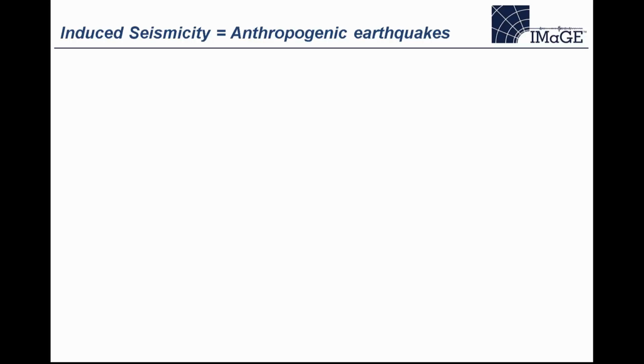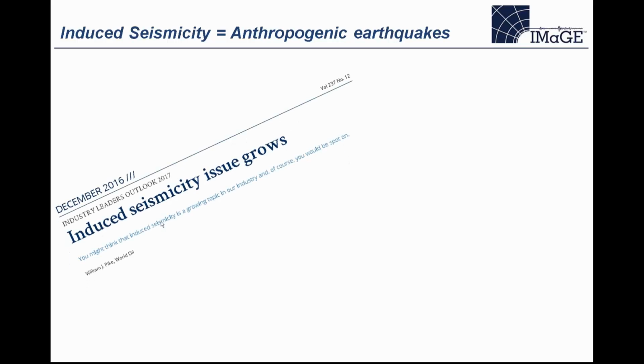So we think there are a few things that we did right in this project, and that's what we're going to focus on in this presentation. So first of all, a little bit of background about induced seismicity and why it's important. When we talk about induced seismicity, we mean anthropogenic earthquakes, the earthquakes that human activities are responsible for instead of plate tectonics, and it's a concern across multiple fields. So for instance, the petroleum industry is looking at induced seismicity because you inject the fluid, you're going to cause earthquakes, and